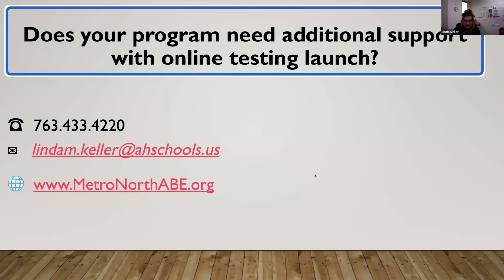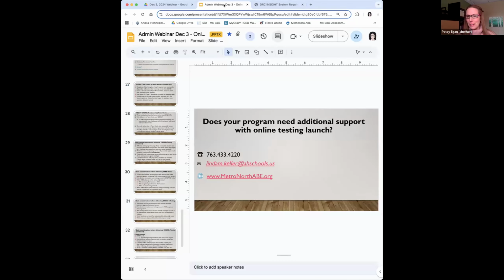At this point, we'd like to open the floor and ask about other people's experiences with implementing e-testing. Where are you in the process? What support could you use? What puzzles are you puzzling over? We'll just open it up here. I'm sure if you are struggling with something, you are not the only one.